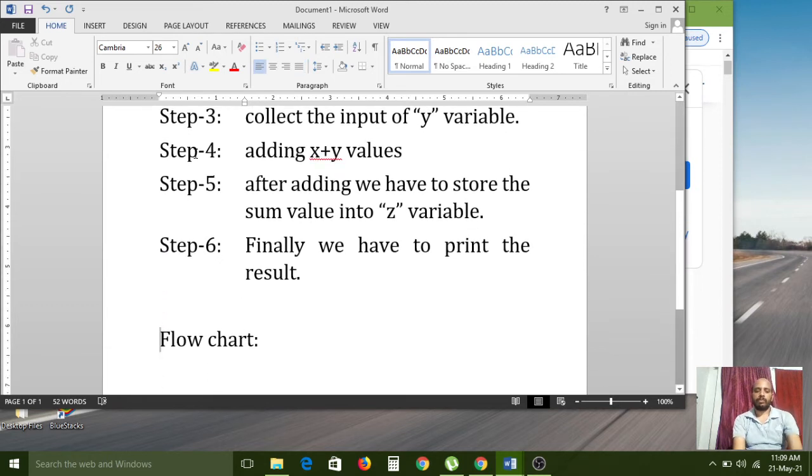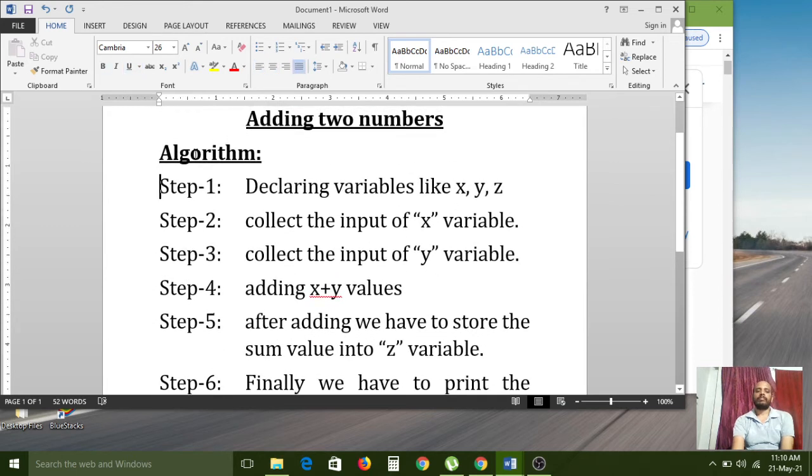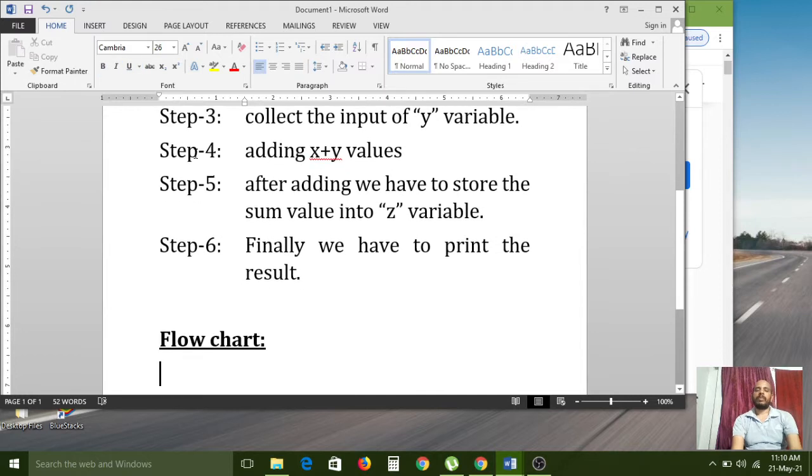Here, flowchart means, carefully observe, flowchart is representing the same steps in a graphical representation. With diagrams, we use some symbols, like circles, rectangles and squares. Those diagram symbols we have to see now. So for what purpose do we use a flowchart?